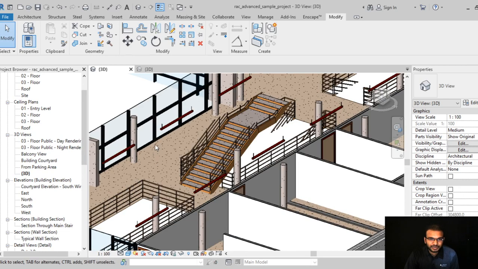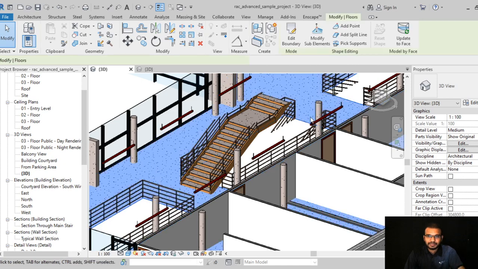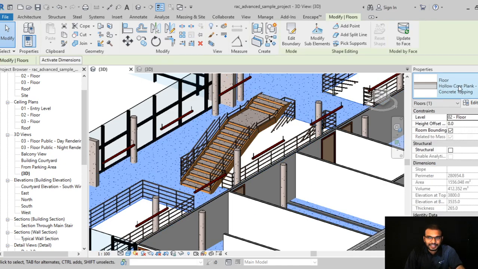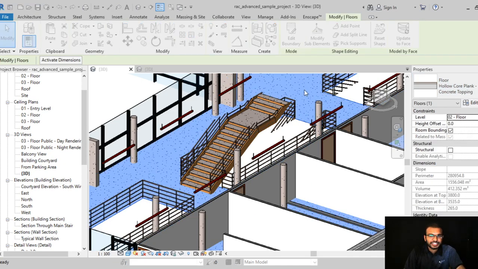For example, I need to see what material they have used for this floor. Let me select this, and here you can see that it is a floor. If you go into the detail of that floor, you can see there is a layer of concrete cast in situ, a layer placed above that with its thickness, and again a layer of carpet. If you go into the material properties of that carpet, you can see how they have maintained it.